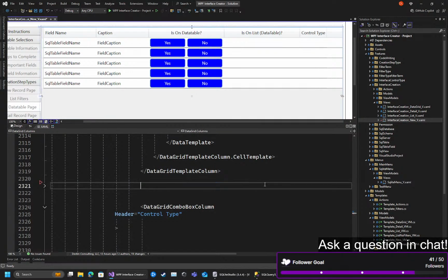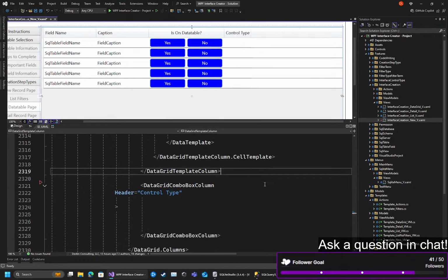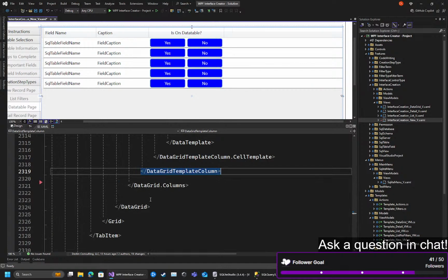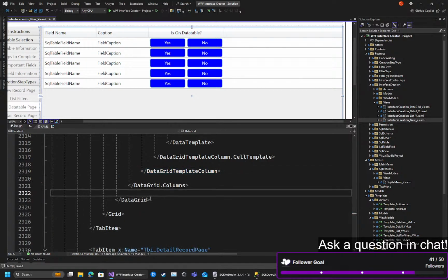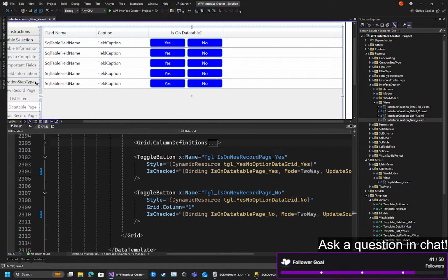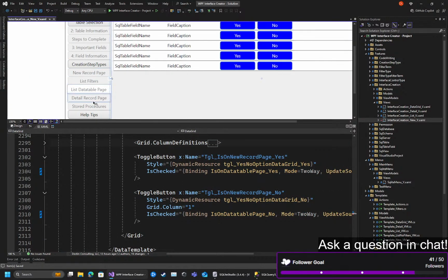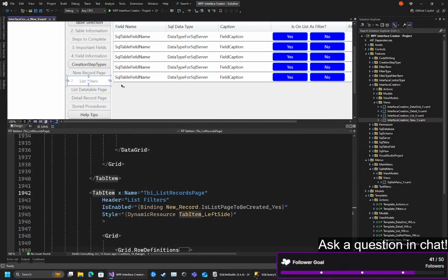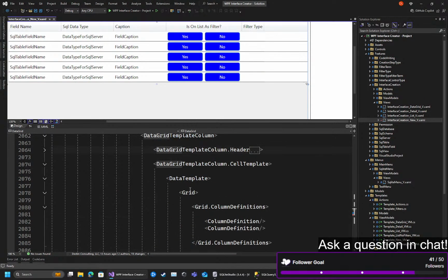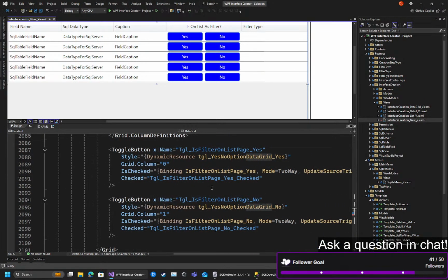This whole column is going to go away. All right, and then control type, which we also don't really need because we're just going to show text. That's going to go away. So is on data table, yes or no? And my guess is that we need to make sure that we're saving that information. So when we go to our filters and we select one of our columns here, we probably, yeah, we have checked events for both fields. And that